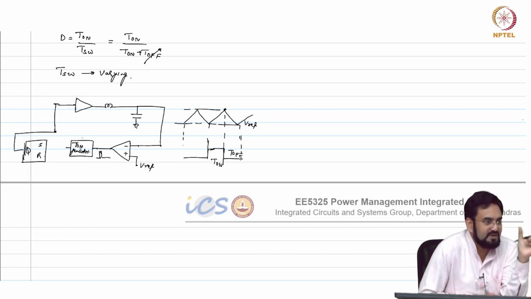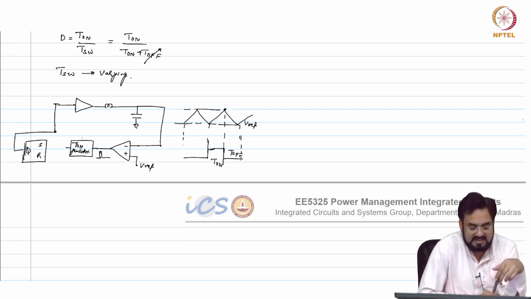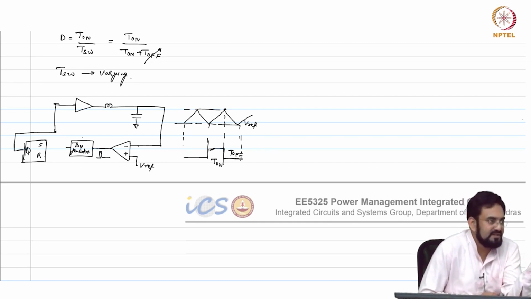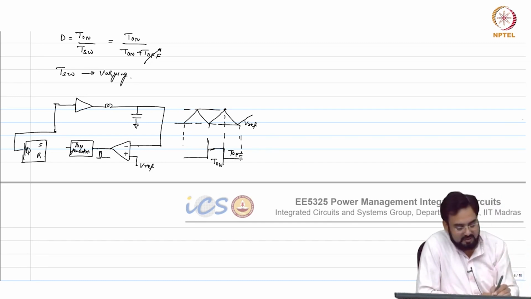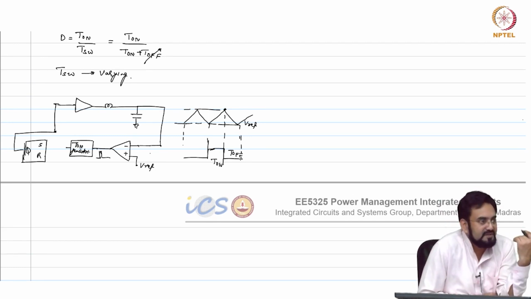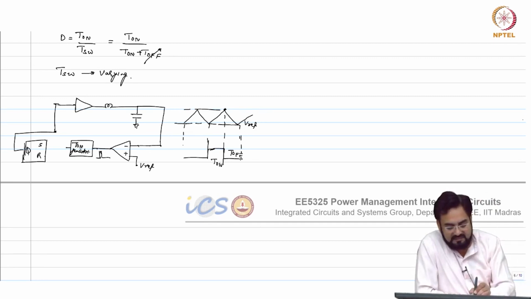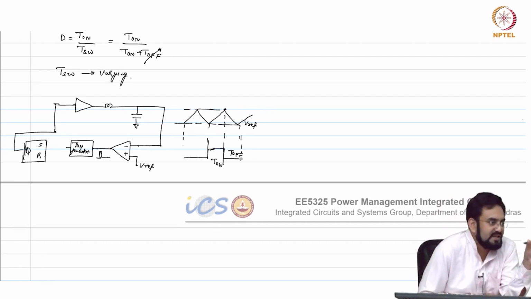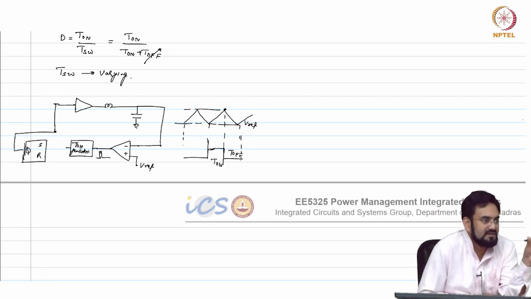So you just fix that, you are not changing that, but the discharge depends on so many things, your load current and everything, but your comparator will not allow this to discharge below Vref. So this on time will always be forced in such a way that your output is regulated.